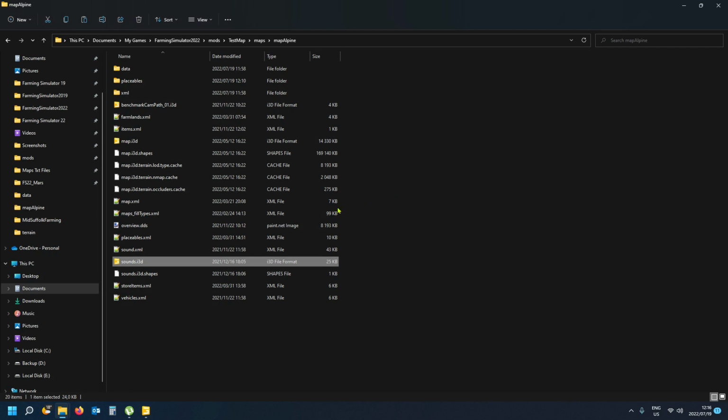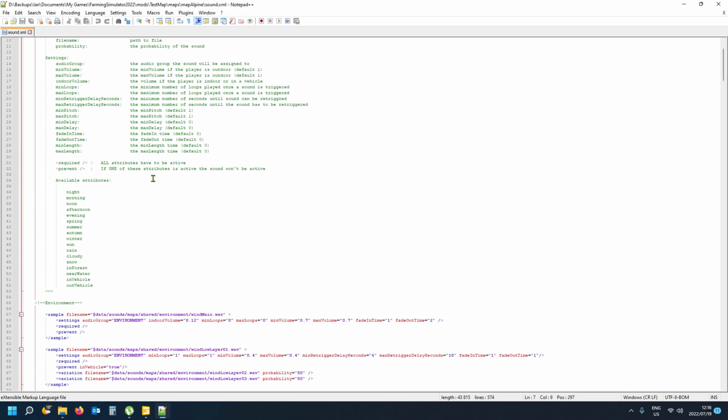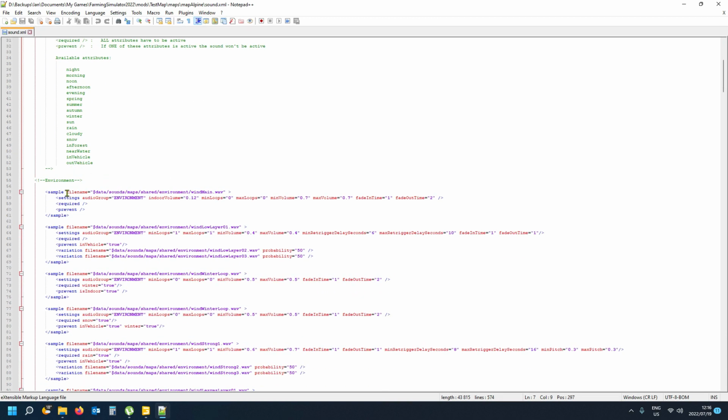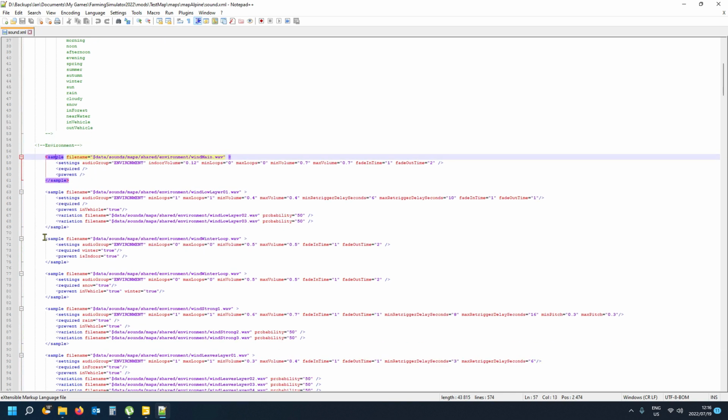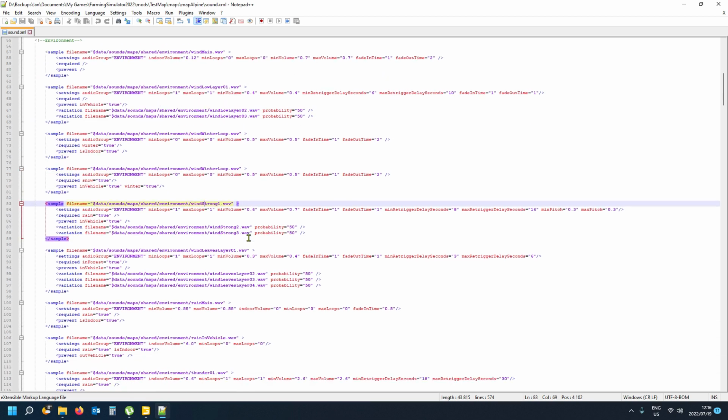Alright, so the next thing, guys, is open the sound XML. I'll quickly show you how this operates. This is just an info here. You can read all the settings here, what they mean and whatever. And then you've got the actual samples, the environment. That's your environment sound. These sample sounds like wind main, wind low layer, wind winter loop, wind strong,